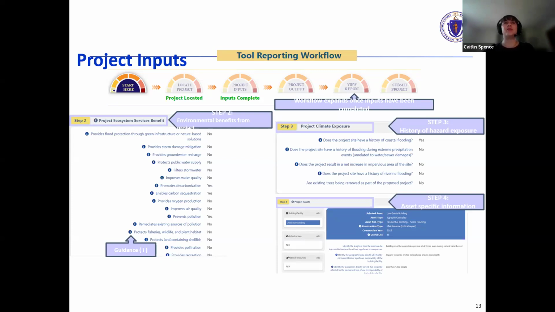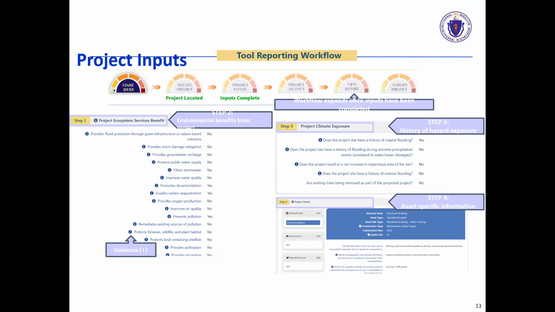Does the project provide protection from storm damage? Does the project replenish water supply, etc. So there are many different ways the project can provide ecosystem services, and the user can answer yes to those which the project will provide and no to those which it probably will not provide.